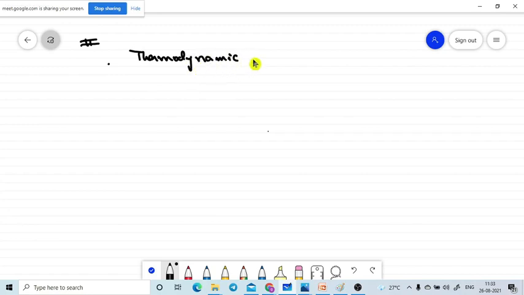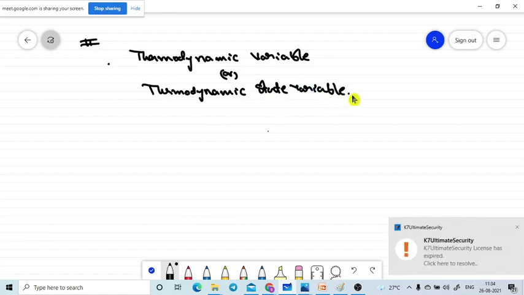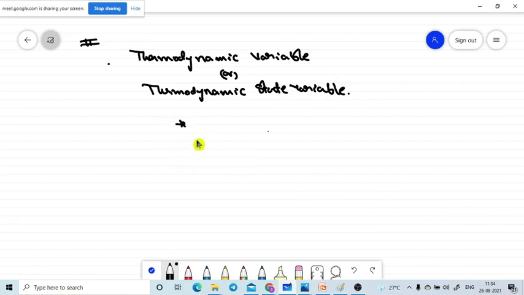The variables, that means the parameters or quantities which are used to represent the thermodynamic system, are named the thermodynamic variables. So the quantities